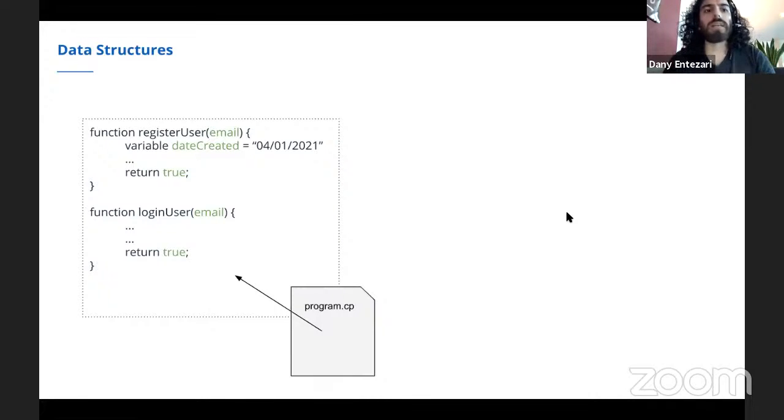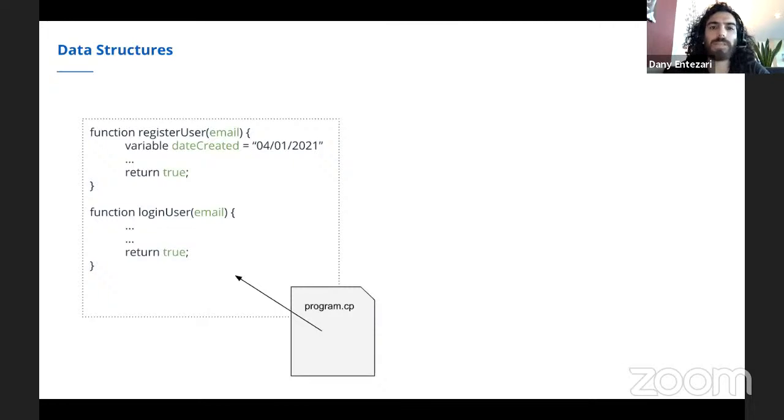So let's go back to that example algorithm, the algorithm for registering a user. Now this algorithm must be written in a particular programming language: C++, Python, PHP, JavaScript, whatever. And it is in a file with its appropriate extension.